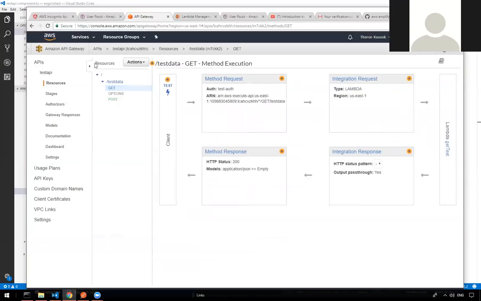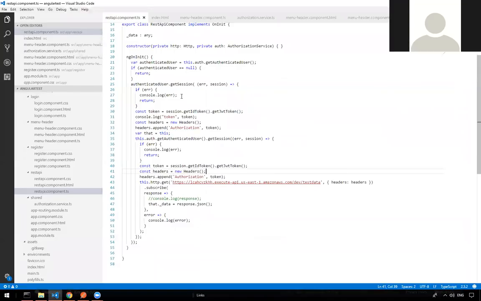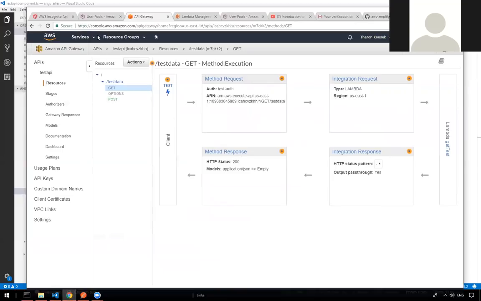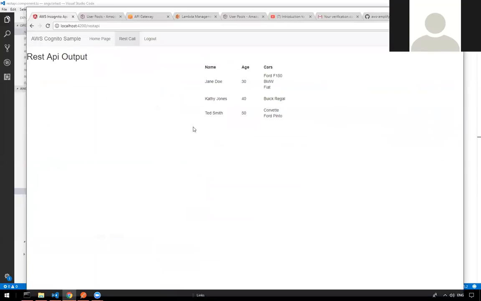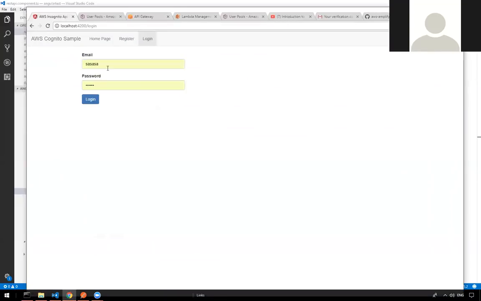So now we go back to the client, which means we're back into the Angular application, into this REST API component. And we go here with our JSON output, and we are good to go. We are showing data right there. And then, of course, we can log out. And I think, though, there was one other thing I wanted to cover